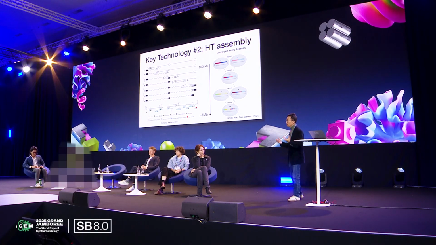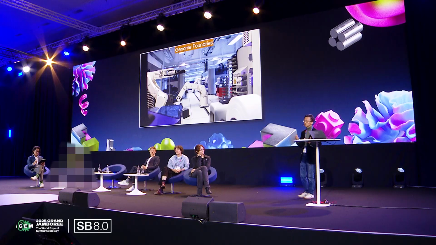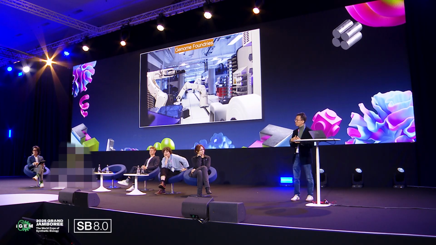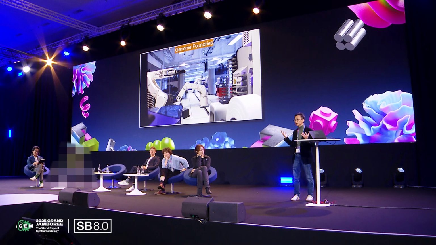But then we were thinking, can we now take advantage of the fact that yeast has two mating types? They can mate, right? So using mating, you can very quickly and convergently assemble the DNA. And this will really scale up the assembly from 100,000 base pairs to 1 million base pairs, okay? And then as an engineer by training, I was thinking, maybe we can automate some of this process, right? Because humans are very good at design and analyzing, but we're not really good at moving liquids, right?